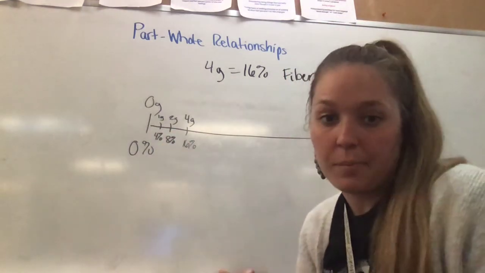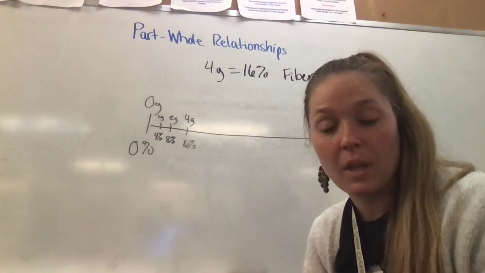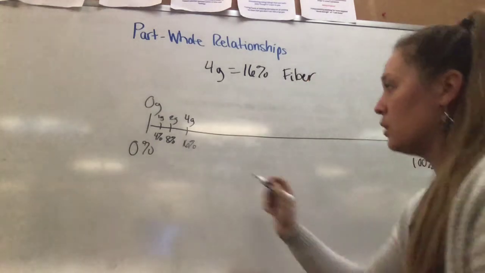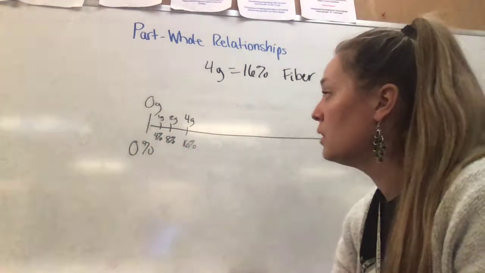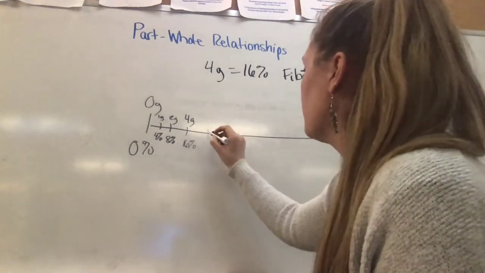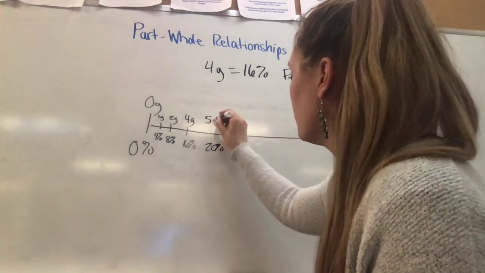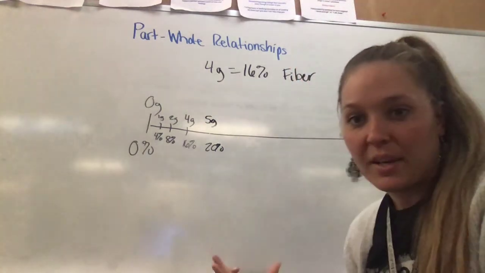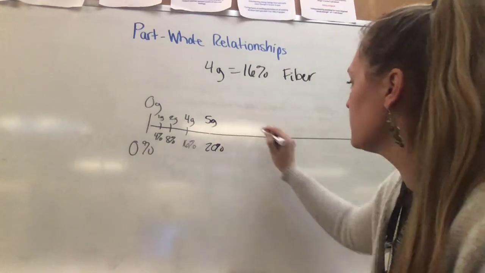Now, here's something I know. I know that 4%, if I take 25 of them, I will get to 100. So I can go up by 4% to get to 100%. Now that would make this 20%, which would be 5 grams. And I'm going to save myself a little bit of work, because if 20% is 5 grams, then